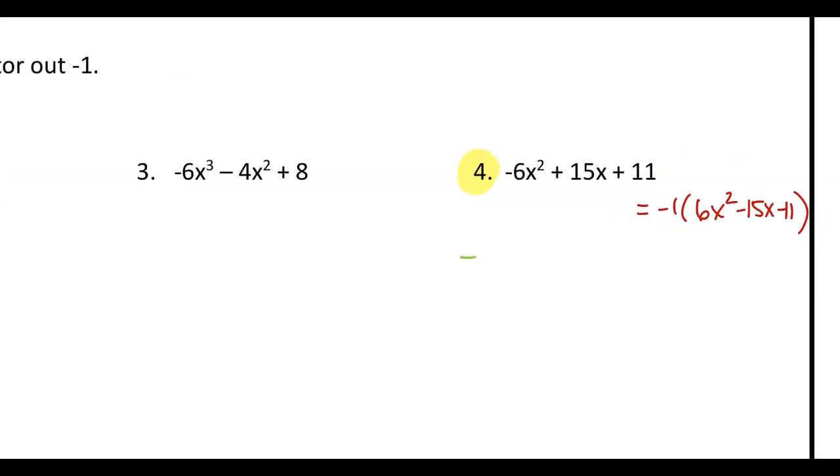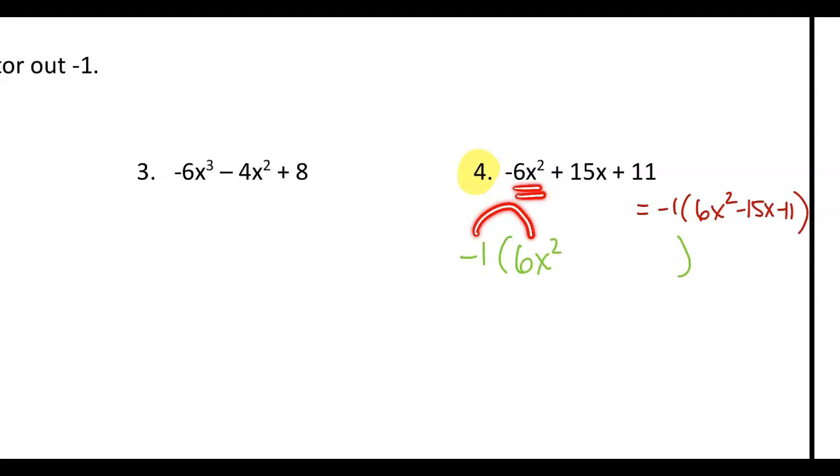Let me rewrite this in green. And that's going to leave in parentheses everything that's left. Some students say, oh, Miss Tapia, you could factor out an x. Does this 11 have an x with it? If it did, then you'd be absolutely right. We could factor out an x. But since we don't have an x with the 11, we're going to make this 6x squared, because negative 1